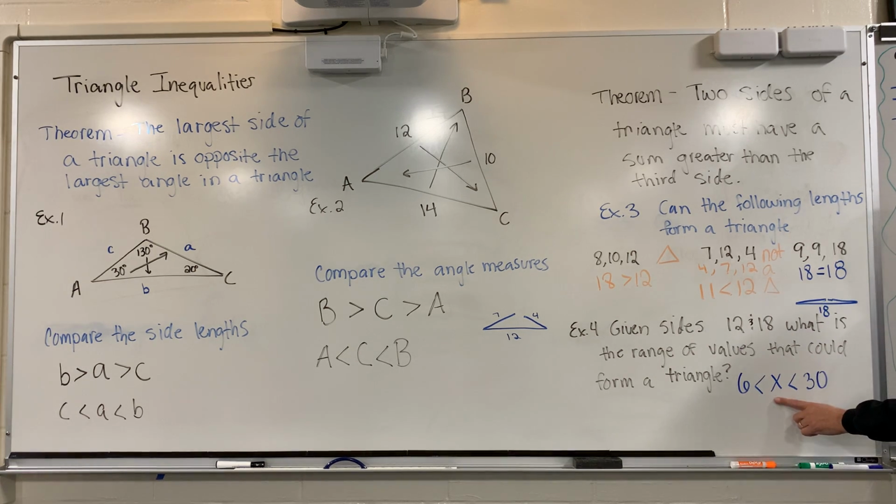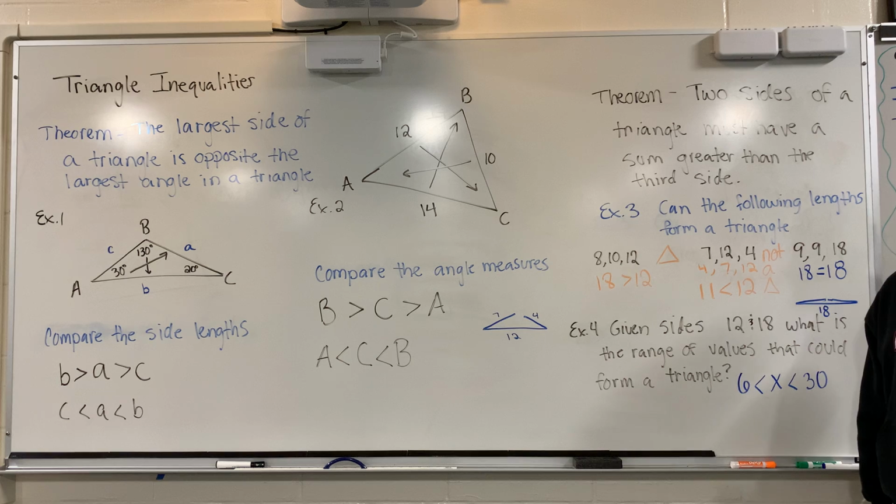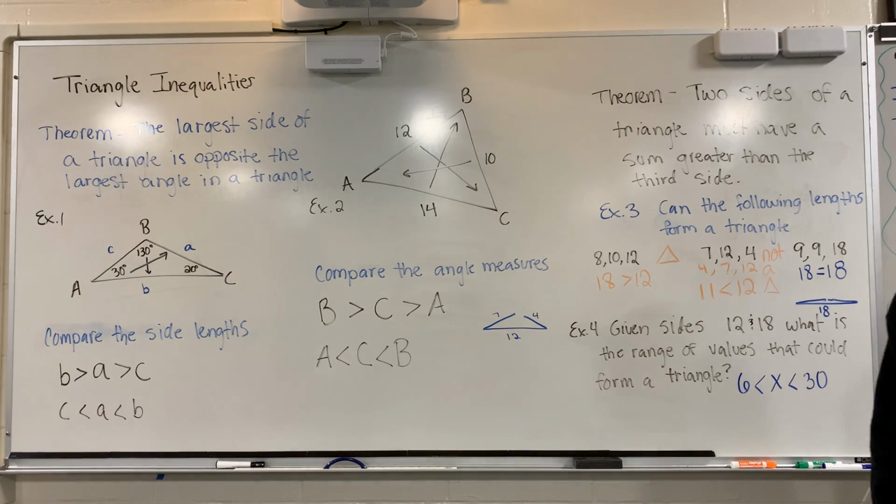It should be written in this format, where x marks the variable, and we're somewhere between here. Make sure that you use the greater than or the less than symbols. Do not put this symbol. If you put that symbol, that's incorrect, because remember, we can't be the number 6, we have to be one number bigger. Just anything bigger. 6.01 would be bigger, and that would actually make a triangle. Very bizarre looking